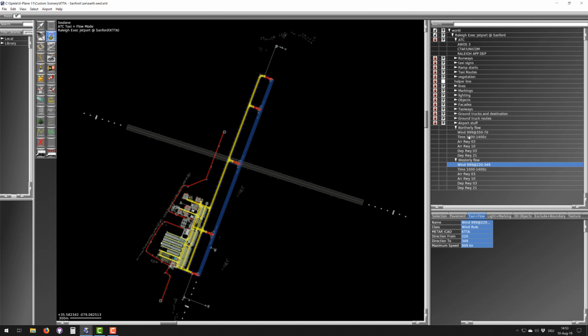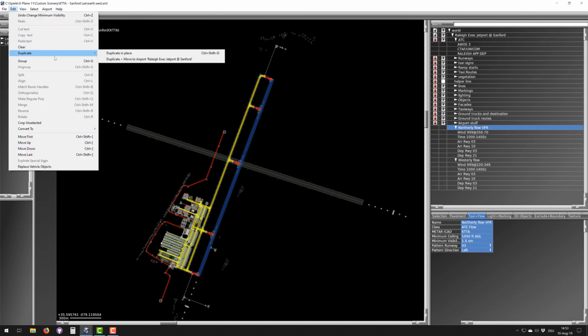Anyway, if you really want to take stuff further and you have an airport with ILS runways or even low visibility runways, then of course you would make a northerly flow and call it maybe VFR. And then on the VFR flow, you would say, well, my minimum ceiling needs to be at least 1,000 feet AGL, and it needs to be at least, let's say, 1.5 statute miles. And now this one applies. And you can just copy this and